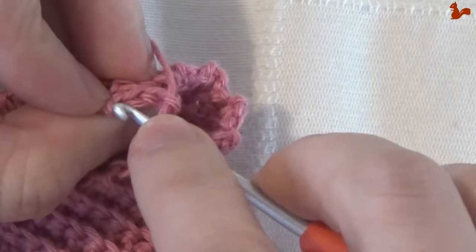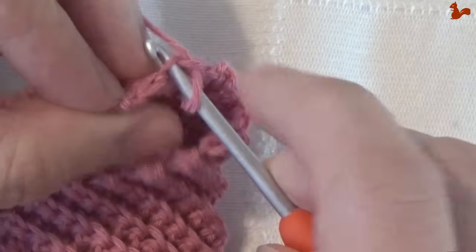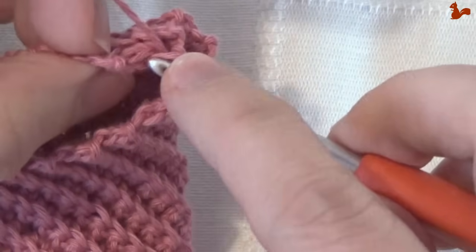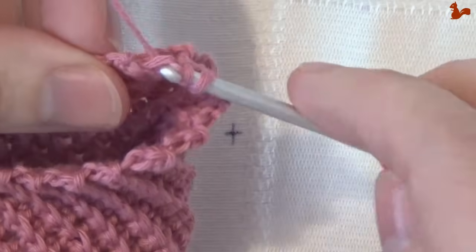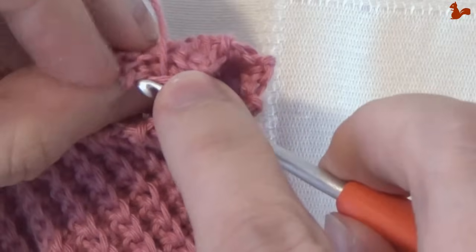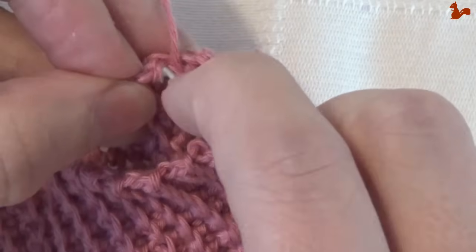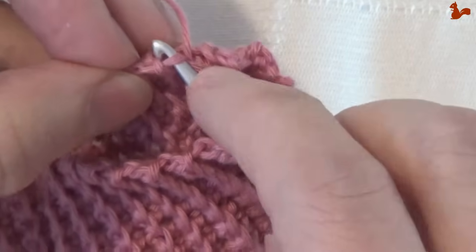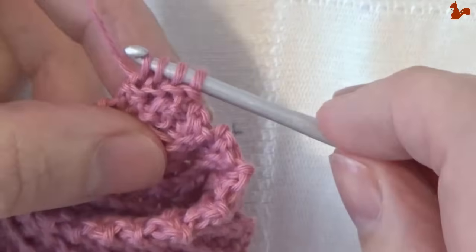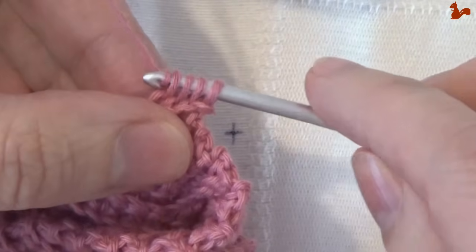We're going to work a double crochet 3 together over these 3 stitches. So in that one, pick up a loop, that's 1, then the central stitch, pick up a loop, and then here the last stitch, which I'll just have to dig out. And this is not unusual that you have to dig out that last stitch. There we go. Third one, again 4 loops on your hook, yarn over, take them all off,